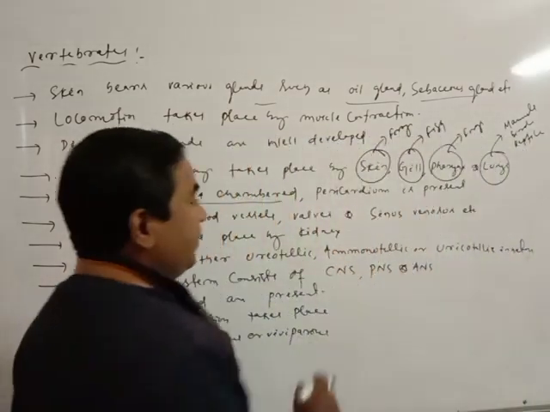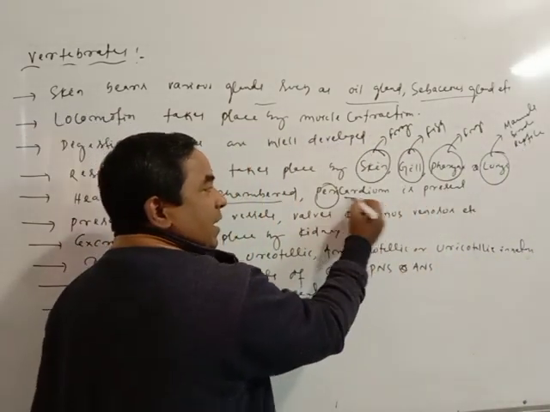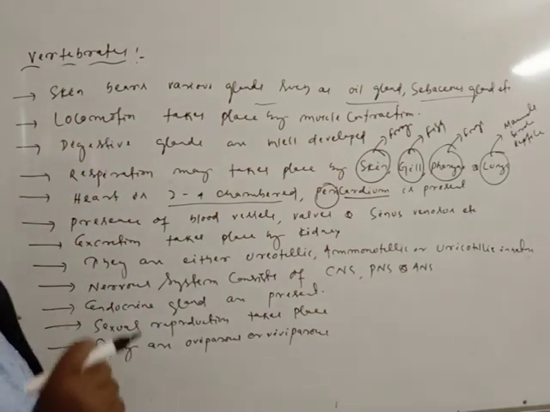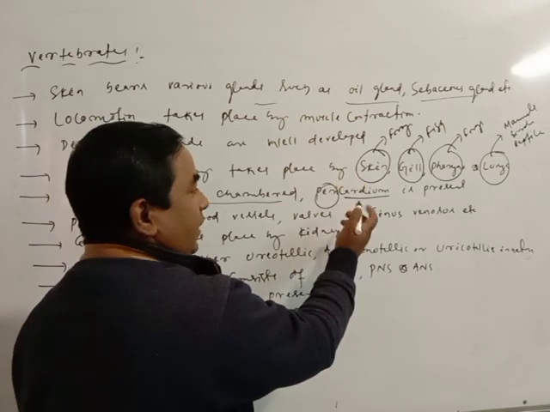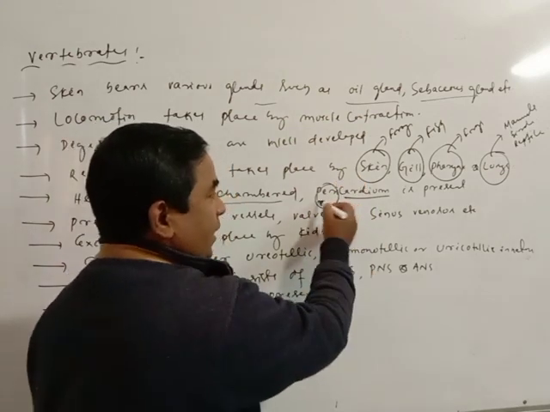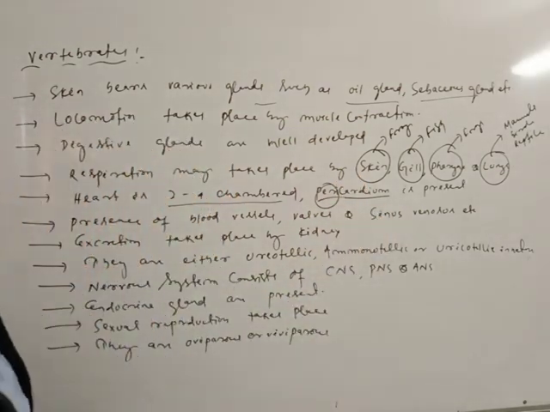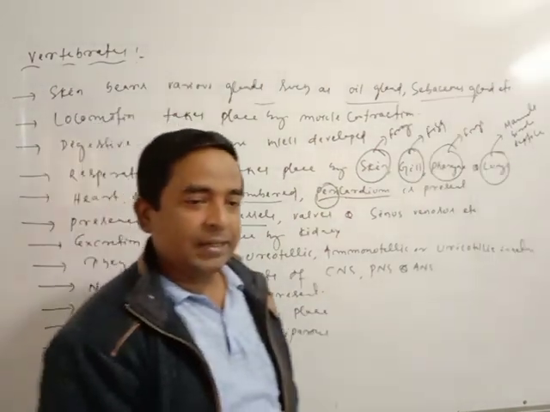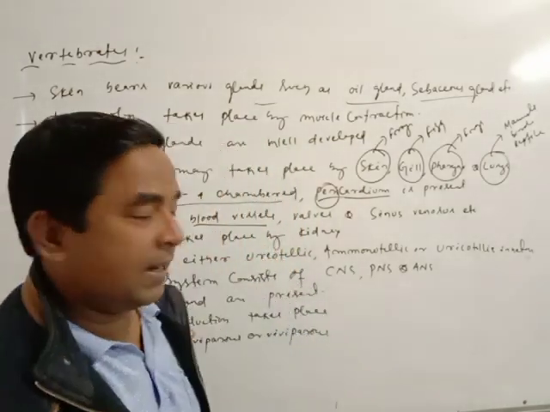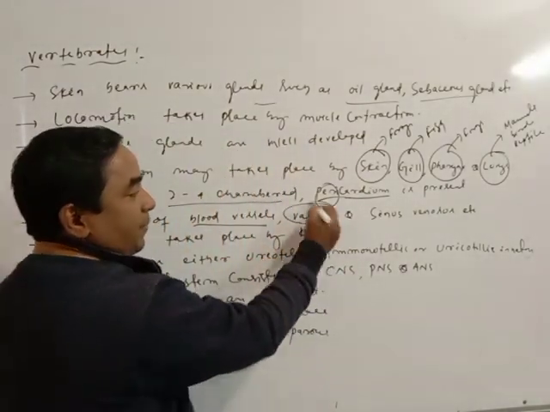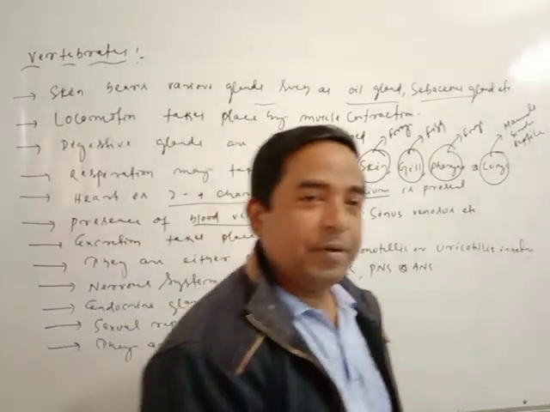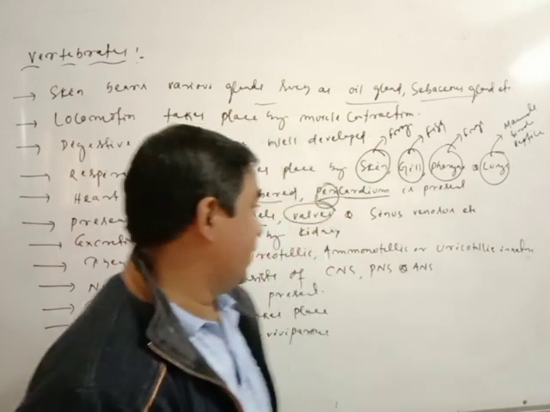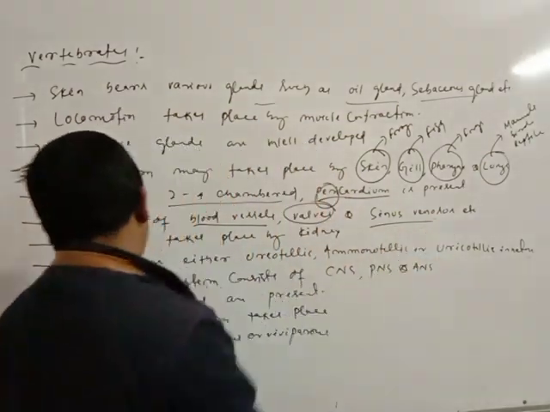Presence of pericardium. Peri means surrounding, cardia means heart. It is a membrane which protects the heart from injury or mechanical stress, that is pericardium containing pericardial fluid. Next, presence of blood vessels like aorta, artery, veins, venules, vena cava. Various valves like bicuspid valve, tricuspid valve, semilunar valve, etc. Sinus venosus.